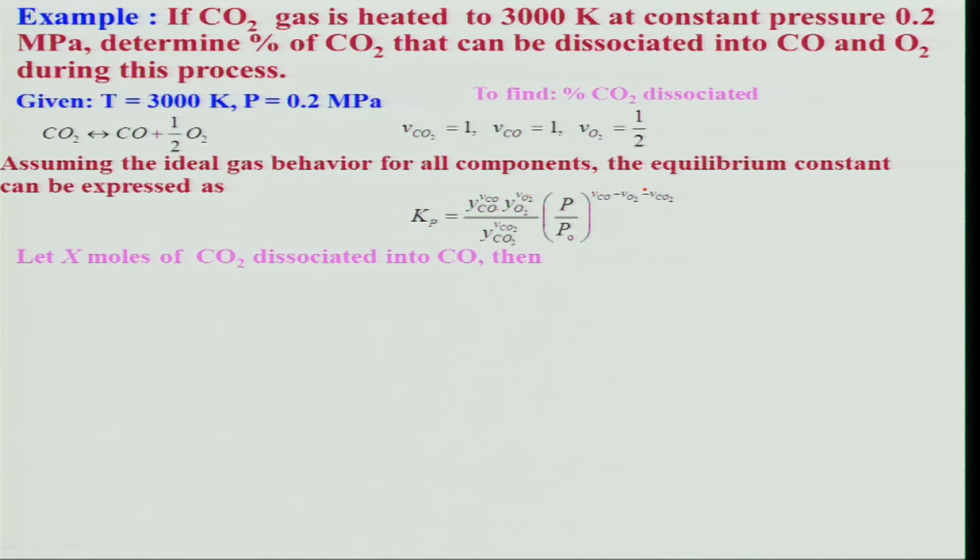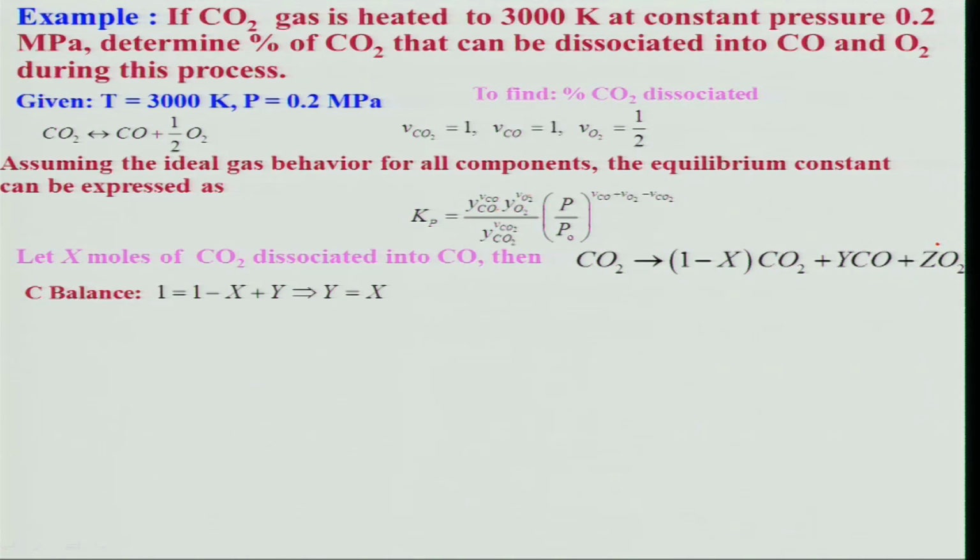And what we will have to do, let us assume that x moles of CO2 dissociated into CO. Then what will be the reaction? That will be CO2 as 1 minus x, and we are assuming y for CO, and there will be some oxygen z for O2, right, because the reaction can proceed this way and it can go that way, right. So, we are assuming that this will be the product, the CO2, CO and O2. Again, this is a kind of assumption one has to make.